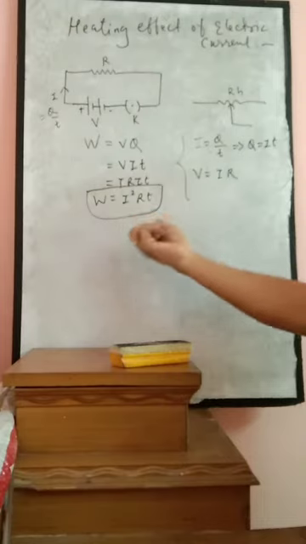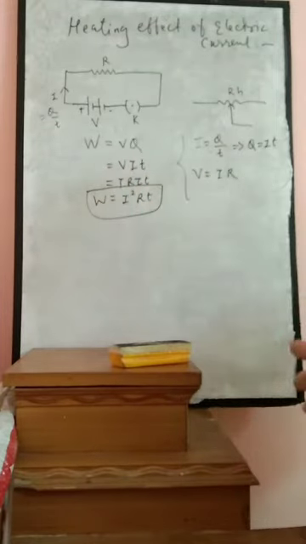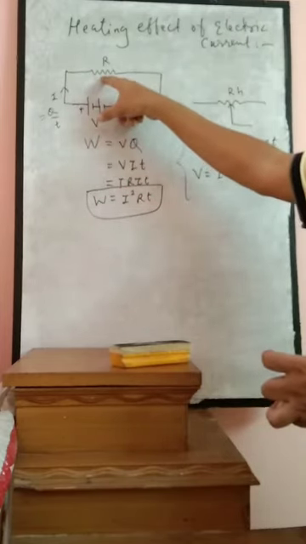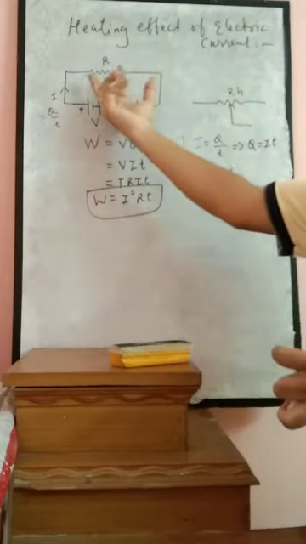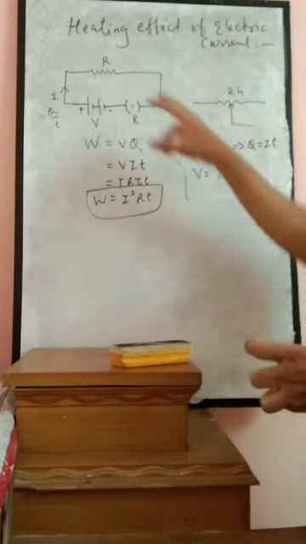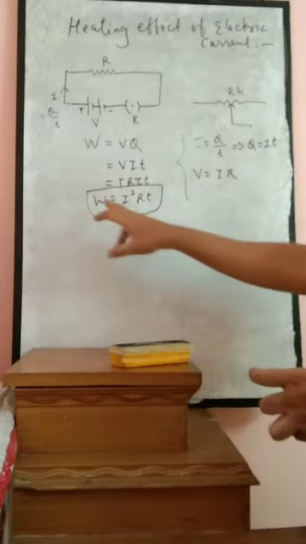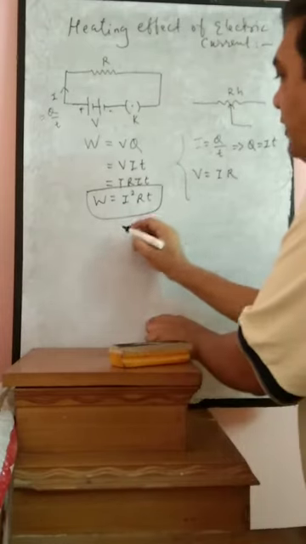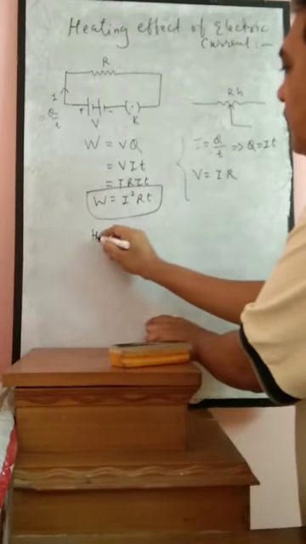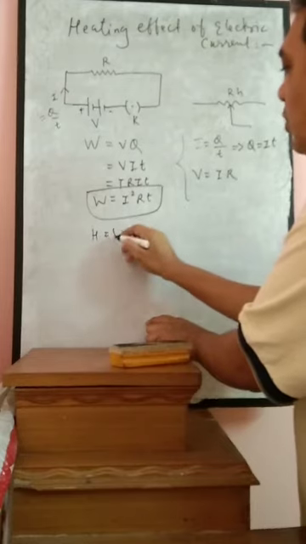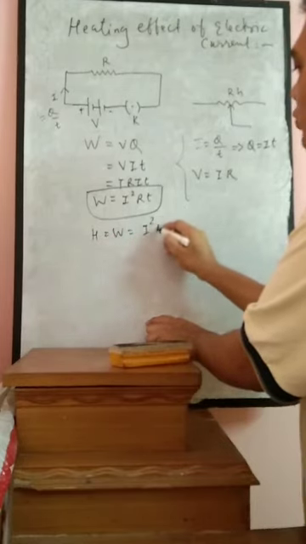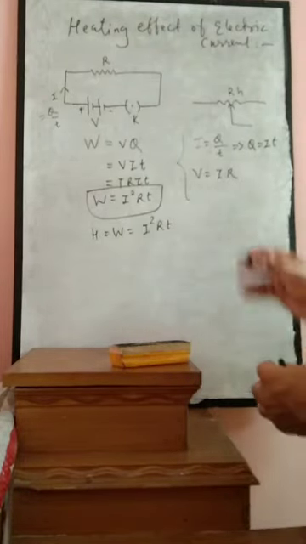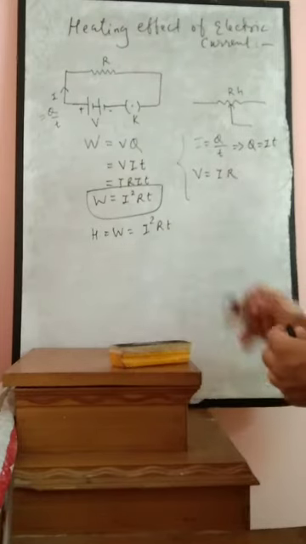Now this work is nothing but energy only. So whatever energy is carried by the charged particle is resisted by the resistor, and that much amount of energy will be dropped across the two terminals of the resistor. So this much amount of work gets dissipated in the form of energy. But what kind of energy? Heat energy. So if we say heat energy is H, then W is equal to H is equal to I square RT. This was explained by the scientist named Joule, so this is also called Joule's heating.